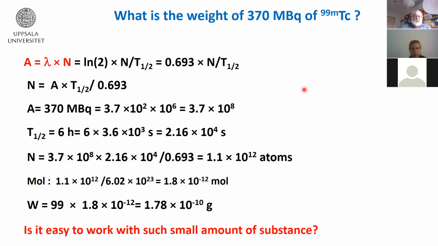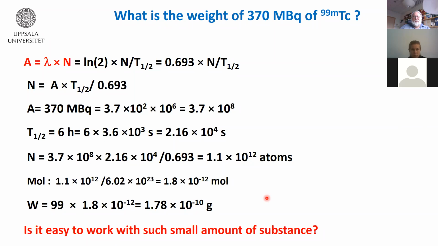So 10 millicurie or 370 megabecquerel of technetium-99 is approximately 10 to the 12 atoms. It sounds like a lot, but if we convert this amount into moles, using the Avogadro number, we can easily find that we are talking about 10 to the minus 12 moles. So we are handling a picomolar amount of the substance,